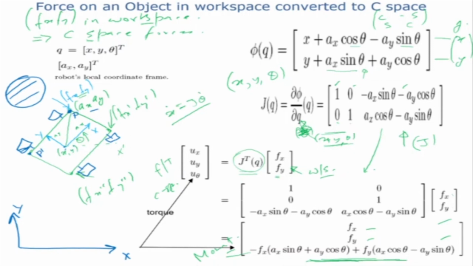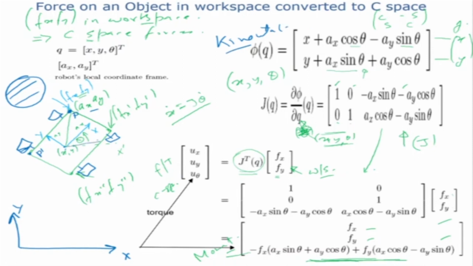and add them all up. Once we add them all up, then I can say that in C space, where the robot is a point, all these moments are acting on the robot. So how do I do that? I basically find the kinematic relationship. So this is my kinematic relation or geometric relation, where